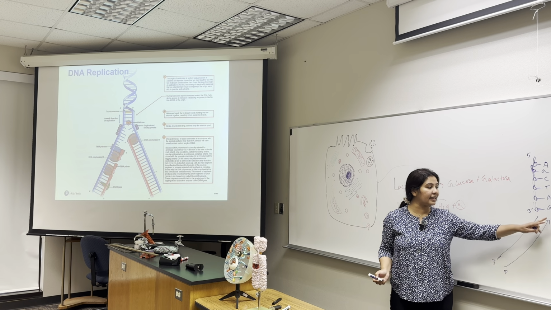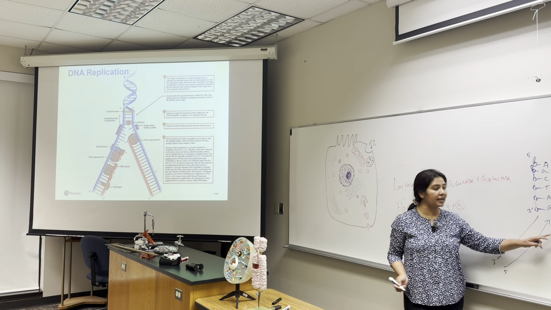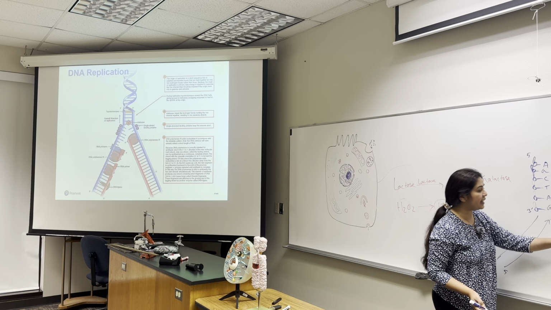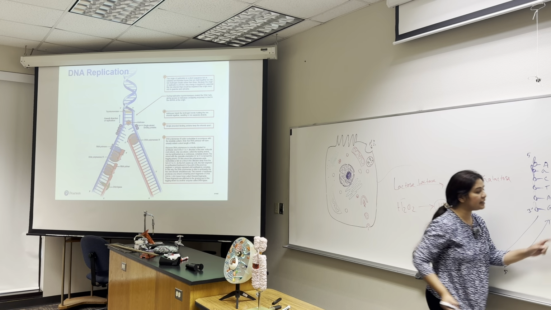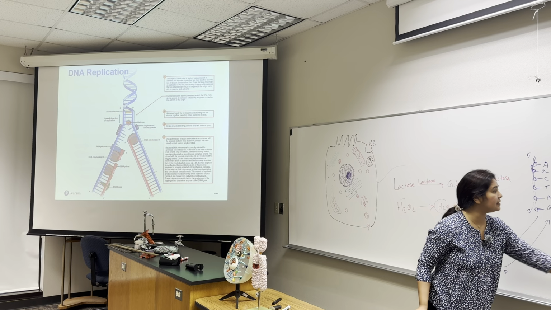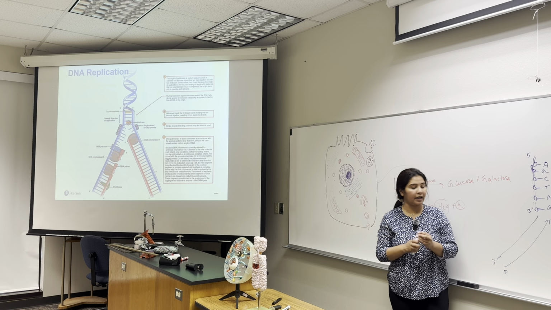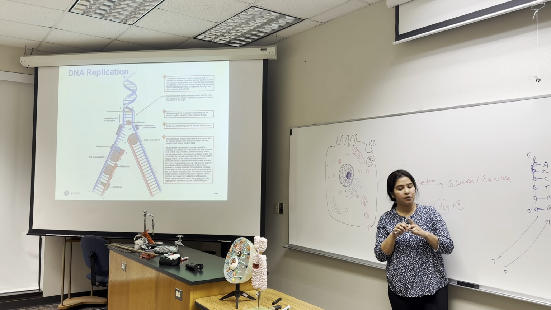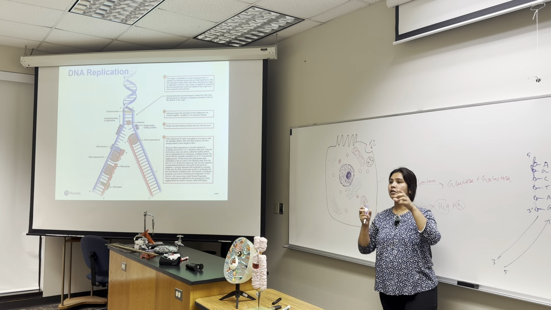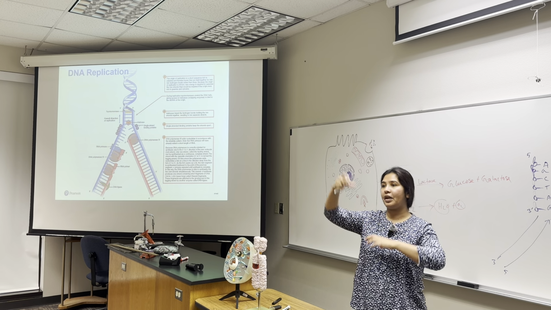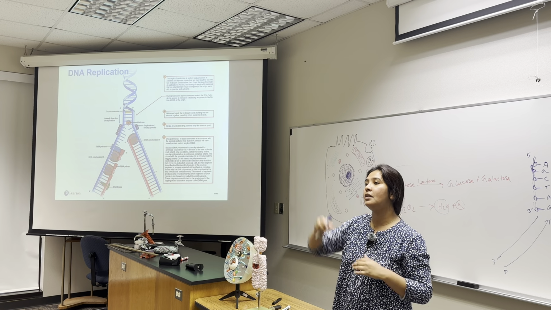In one strand they can make the DNA in one stretch, but whenever you are making the DNA in the other strand, you have to make it as fragments. These fragments are called Okazaki fragments. Okay. First of all, what is the process of DNA replication? First of all, your DNA is what? Helical. So you have to first make it straight. Who helps to make it straight? The enzyme called